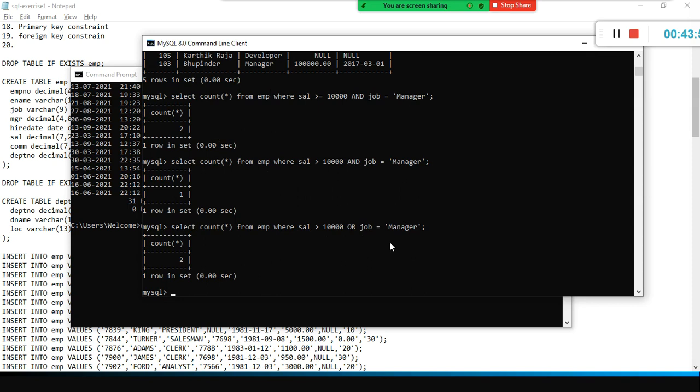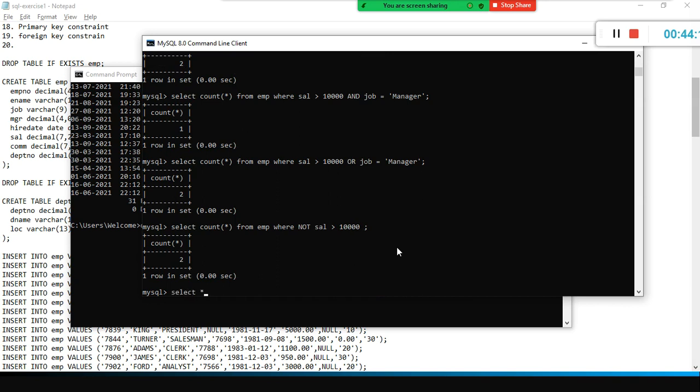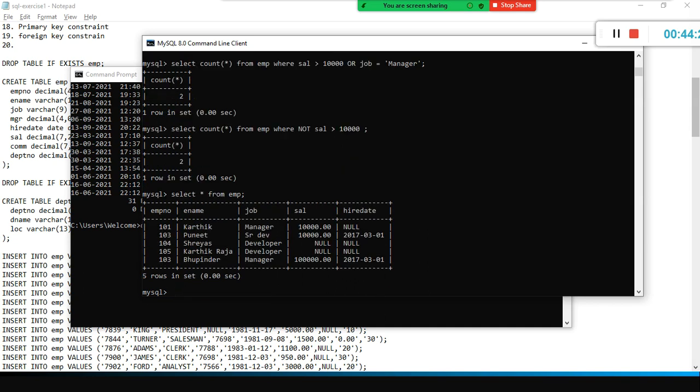And also you can use the NOT operator. NOT will negate your condition: where not sal greater than 10,000. Select star from EMP where not salary greater than 10,000.